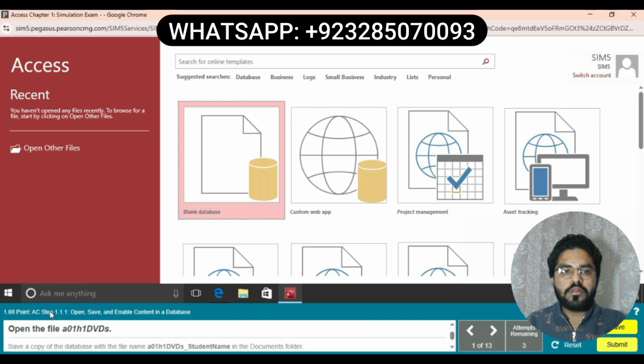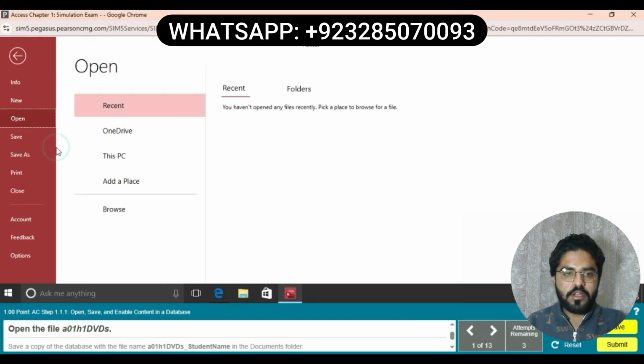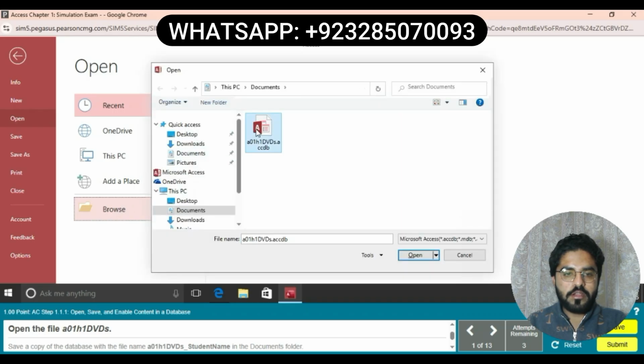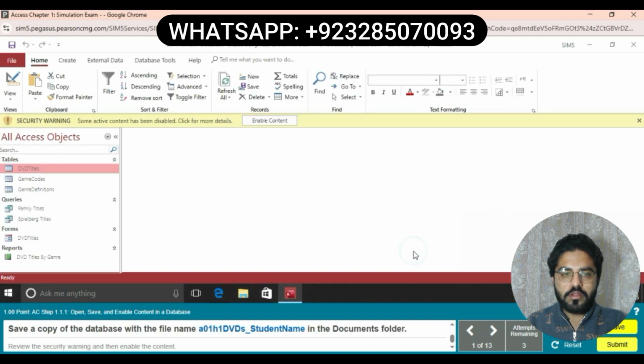Now let's start today's simulation exam and go through it step by step. Question number 1 is first we start Access, and the next part is open the file A01H1 DVDs. I have already downloaded this file from the MyITLab dashboard. First we open this file. This file exists in the documents folder. Click on this and open this file,